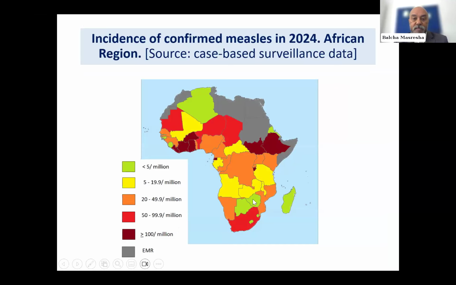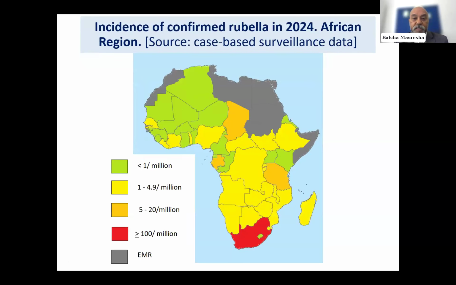Very few countries, Madagascar, Zimbabwe, Botswana, Eswatini, Lesotho, Algeria, Guinea-Bissau, Sierra Leone, and Eritrea had incidence of measles less than 5 per million. Similarly, the island nations of Mauritius and Seychelles were also grouped in this particular group. This is for measles. For rubella, the picture is significantly different, with many countries currently reporting incidence levels of less than 1 per million, and more countries within the bracket of 1 to 5 per million.